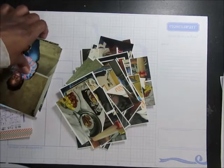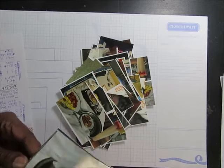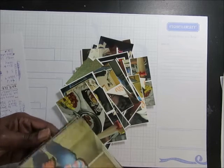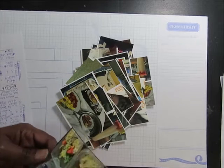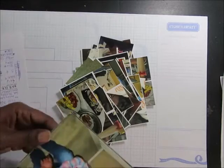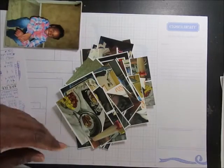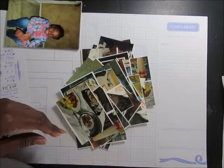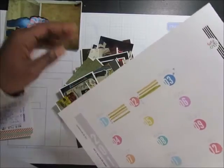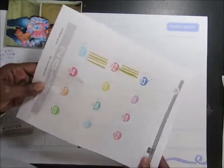And now I am looking. What I did was I tried to get a little organized. As I started to feel better, I got a couple of photos printed off. Well, not a couple, like 40 or so. But then I also have found this from Me and My Big Ideas. It's like a calendar to try to keep me